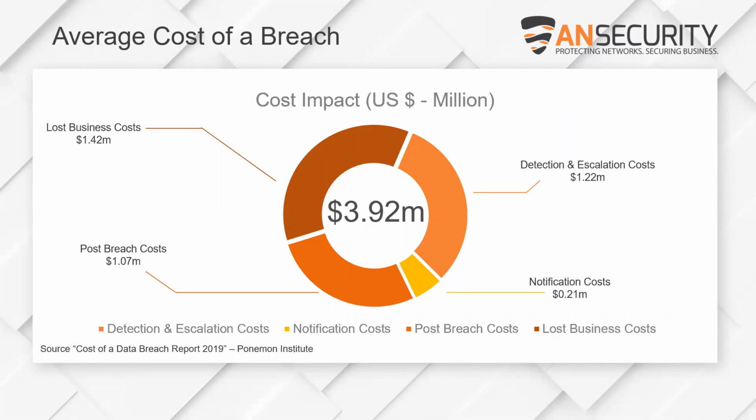And that 3.92 million was made up of those 4 factors that you can see on screen. If we look at the detection and escalation costs, that's a significant component at 1.22 million. But I think that 1.22 million hides something even more worrying. It's not just the cost, it's also the time. So in 2019, on average, it took 206 days to identify a data breach and then a further 73 days